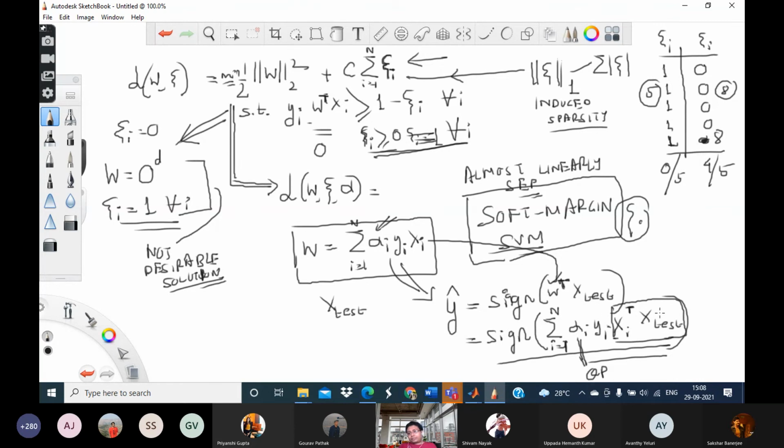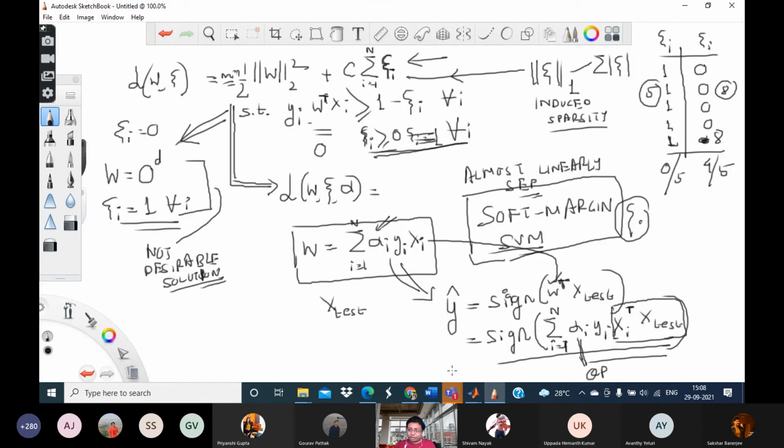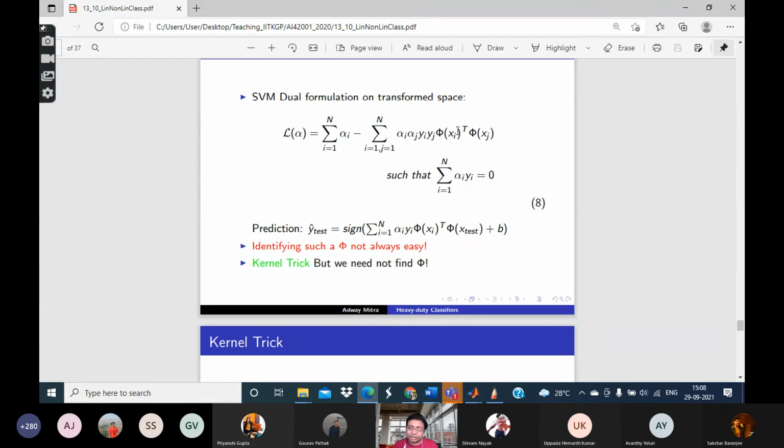So basically the value of the feature vectors is important only for this kind of dot product. That means I do not need xi or xj, I do not need any of the feature vectors themselves, nor do I need their phi values. I only need their dot product between pairs of them. So whether I am taking xi dot xj, or in this case phi xi dot phi xj. Okay, so that's all there is.